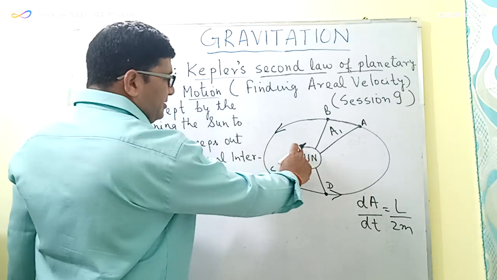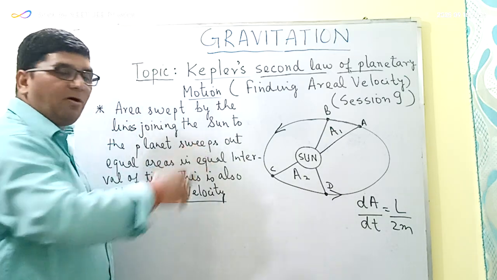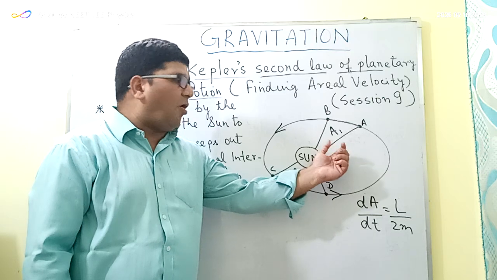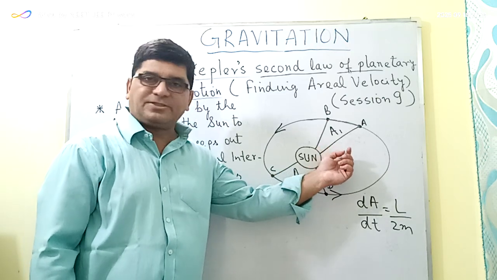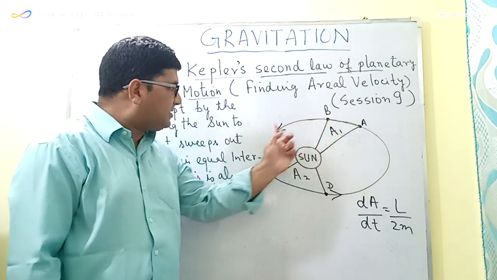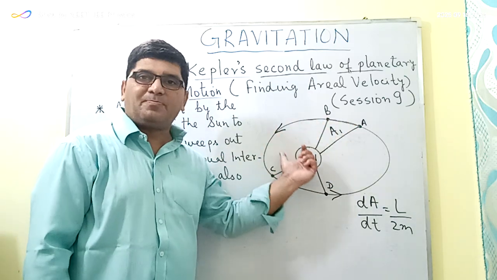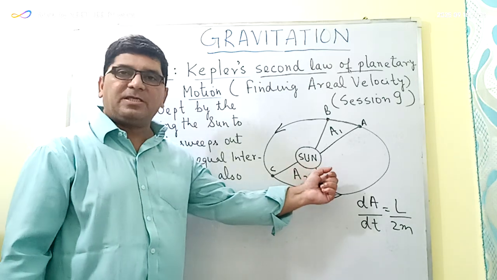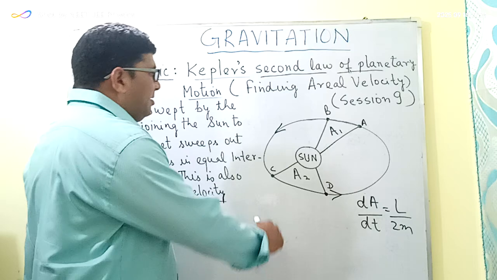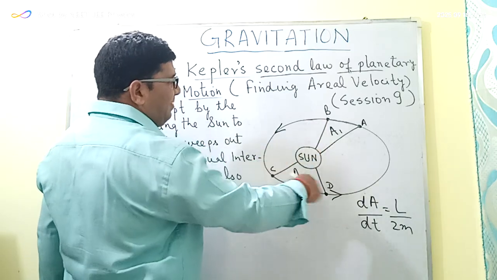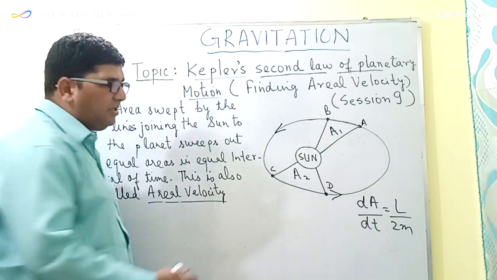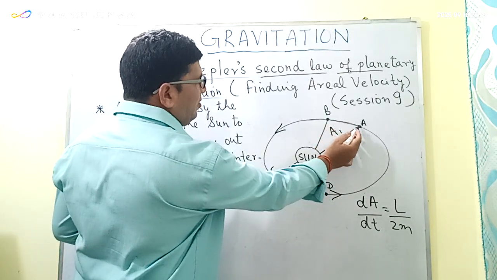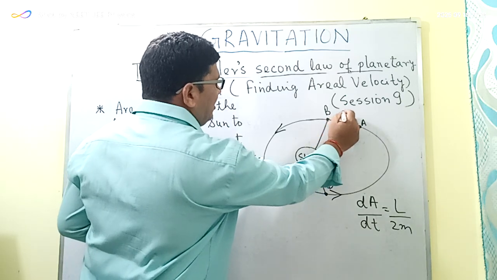Now, the planets revolve around the sun in elliptical orbits, but since the orbit is only slightly eccentric, we can consider the orbit of the planet to be circular in shape, basically to make the calculations simpler. Now, if the orbit is taken to be circular, then the area swept by the planet from point A to point B in time delta t